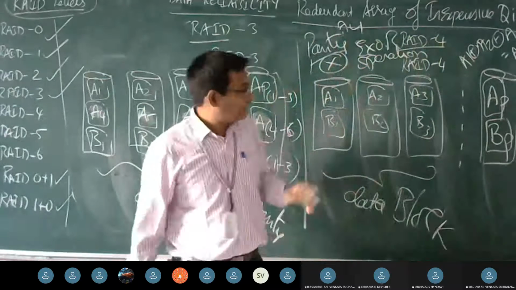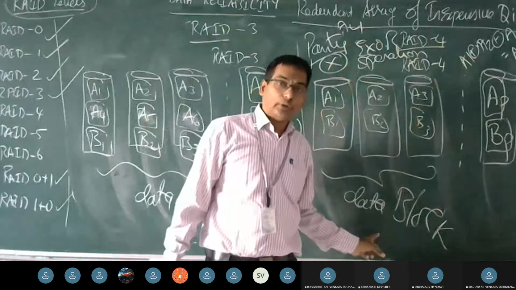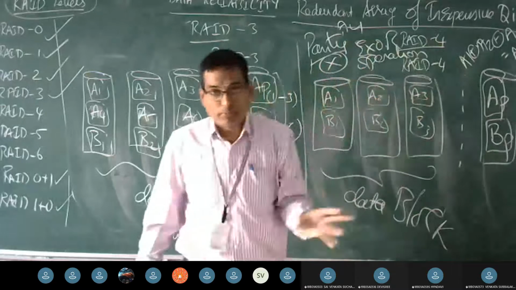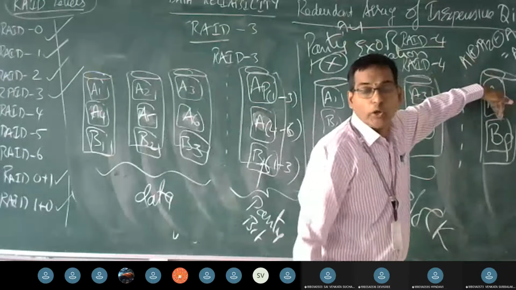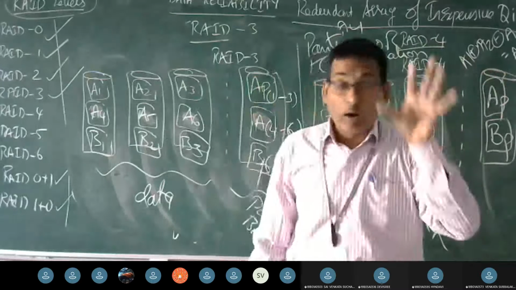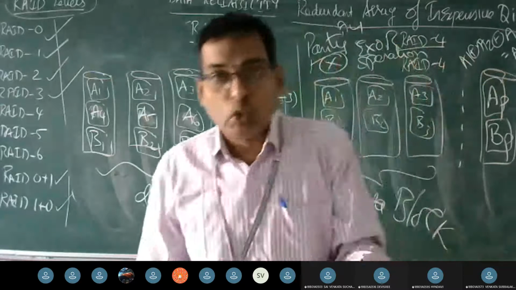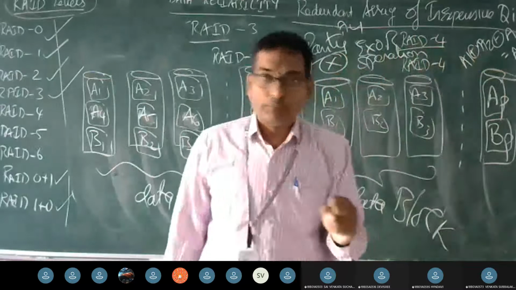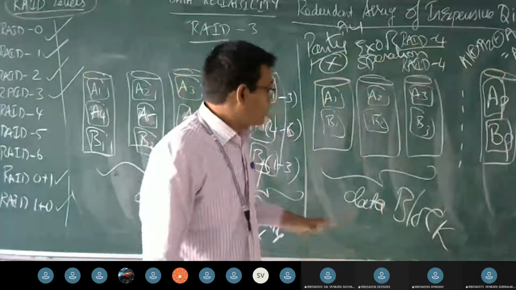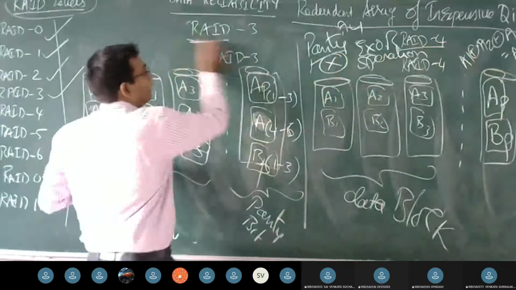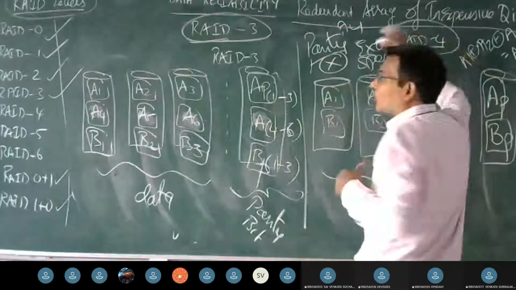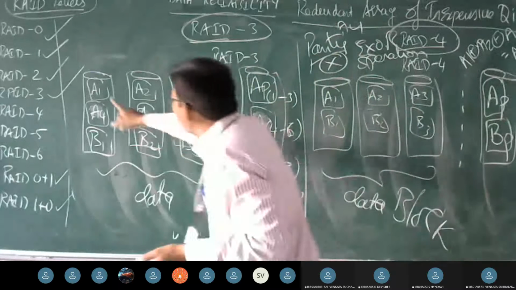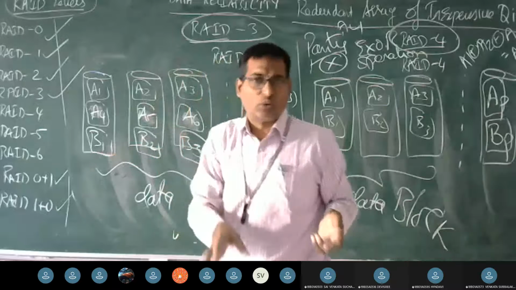in this case, we should understand that these blocks are going to be considered, A block, B block and another A block. For all of this, the parity bit is going to be computed at the other end. And how is the parity bit generated? It is going to use this XOR operation. So you should understand the difference between RAID 3 and RAID 4. As far as RAID 3 is concerned, it is going to be striping the bits, as many bits as are there.